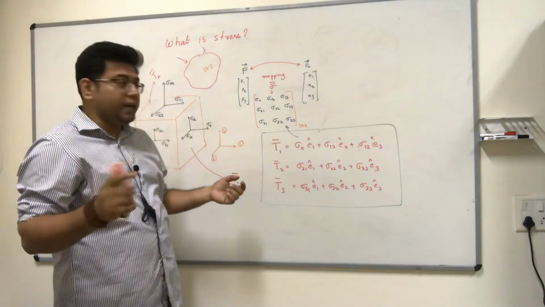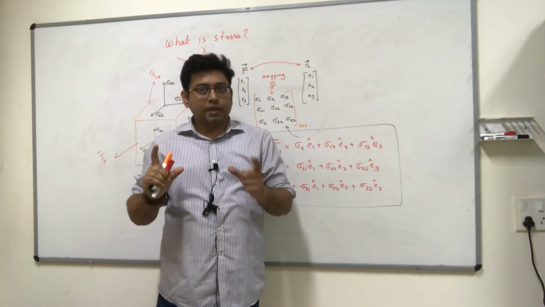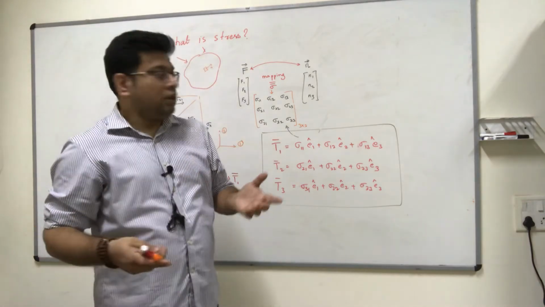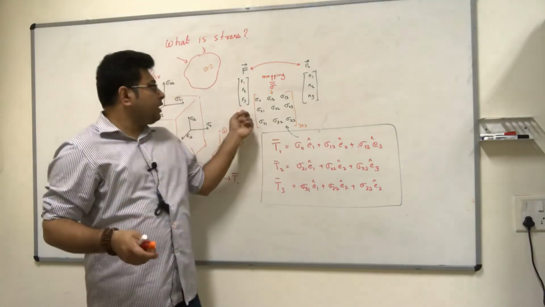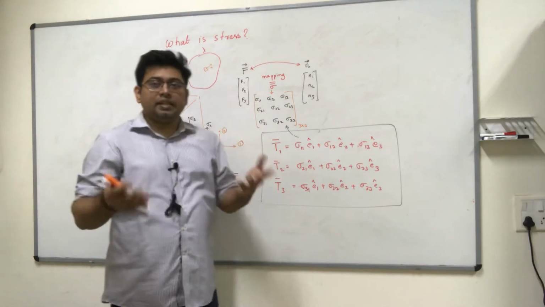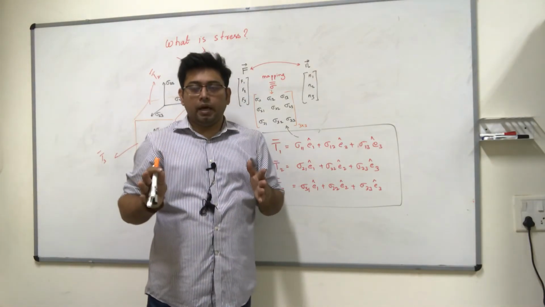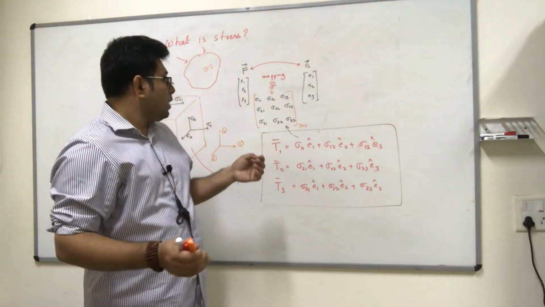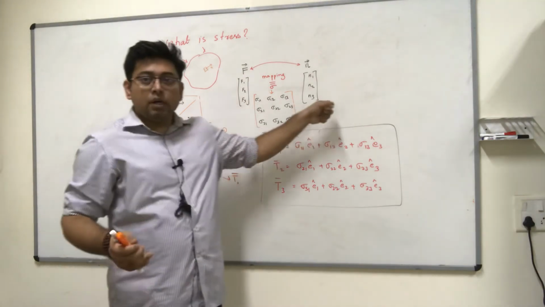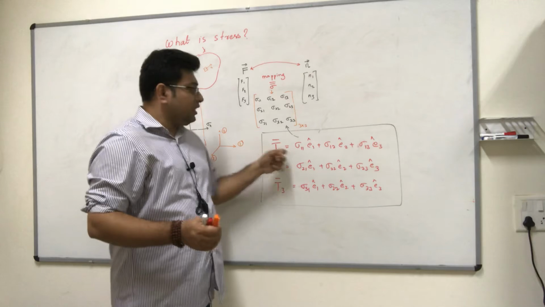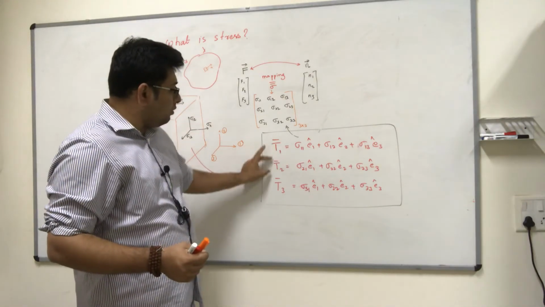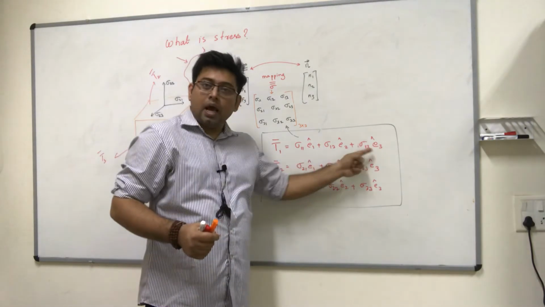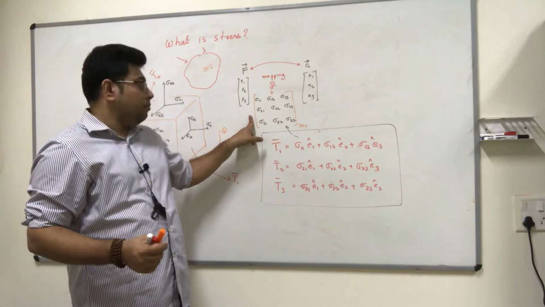and you could have instead chosen this as a row vector. Now we know that for matrix multiplication, whether it's a column vector or a row vector makes a difference. So some books, some fluid mechanics books, some solid mechanics books, take the other approach where they write this as row vectors, and then it changes the way some of the equations appear. Okay, so some quantities might be swapped, etc. So for us, we will follow this particular convention, and when we say stress, we will mean that if I had to find the force with respect to these vectors, then this is how I am going to write it, and I am going to call this my stress tensor.